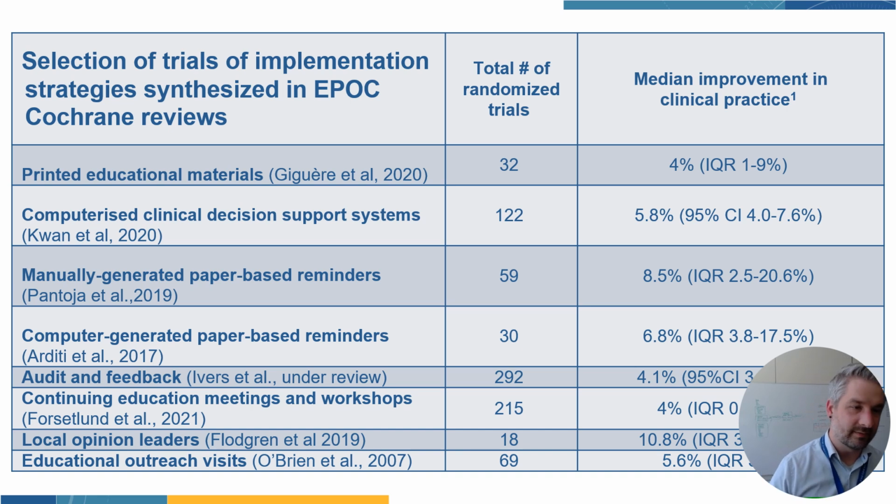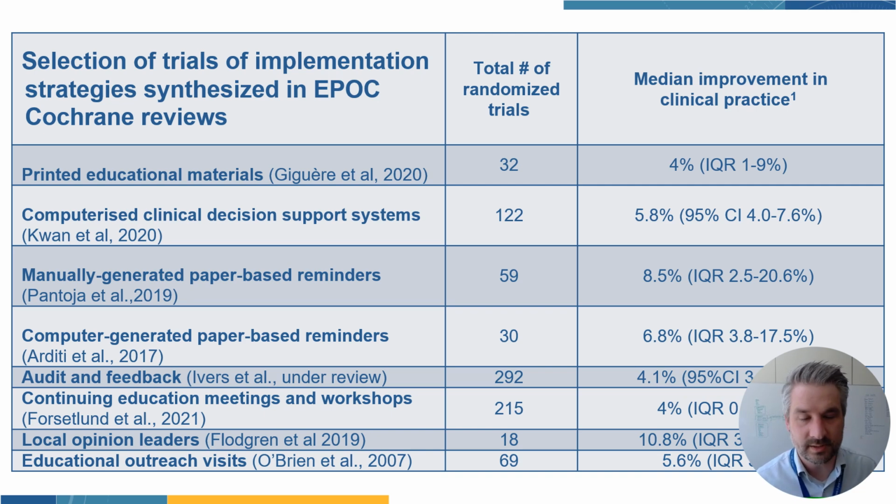And so they've tested things like sending printed educational materials or reminders, or audit and feedback, educational meetings, using outreach visits, local opinion leaders. In some cases, there's dozens, if not hundreds, of these trials evaluating if these strategies work to change professional practice. And so you can draw on that as a basis to complement your selection of strategies